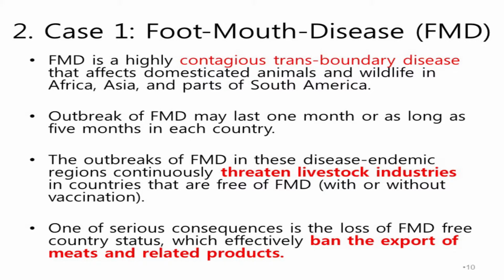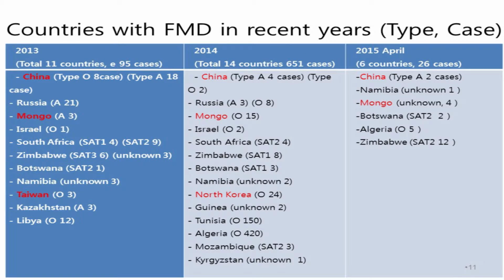So this is the most recent outbreak of foot and mouth disease. It is very prevalent in China, Mongolia, and Taiwan, even North Korea, and then in Vietnam. So this kind of disease is very prevalent in ASEAN countries. So even though one country does its best to block this disease,